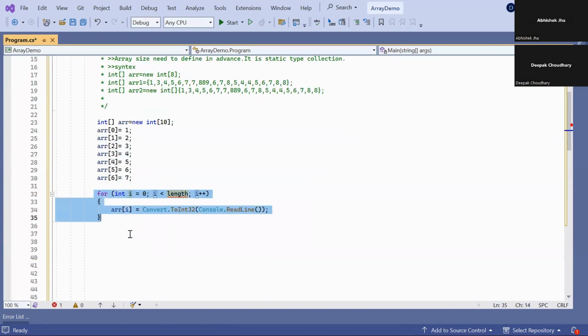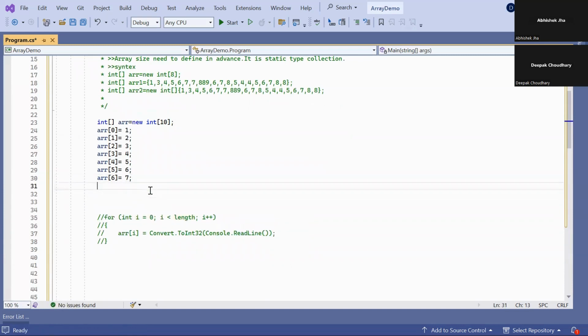So let me first of all understand this one. There is an array of size 10 and we are assigning the values.